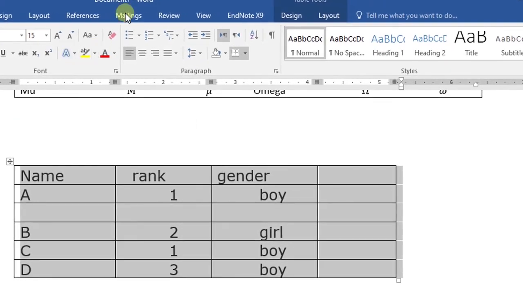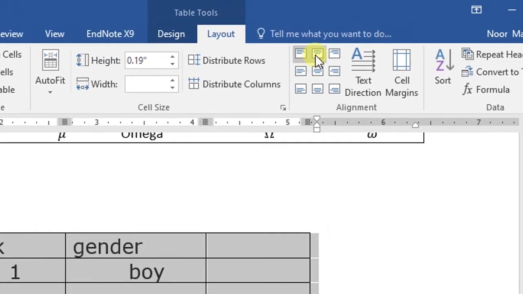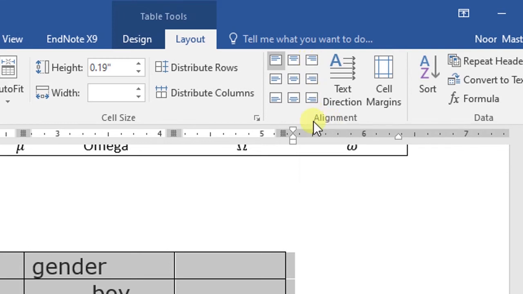So again come to the layout tab and look at these. These commands are used to align the text within the table. So apply this one.